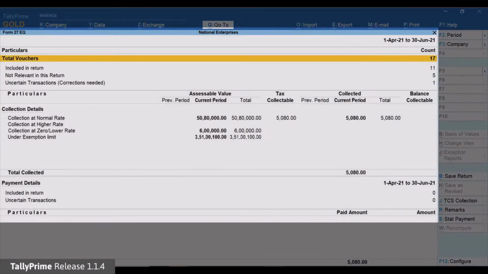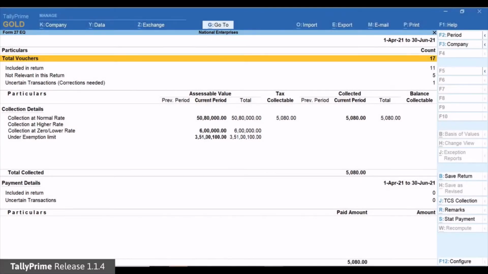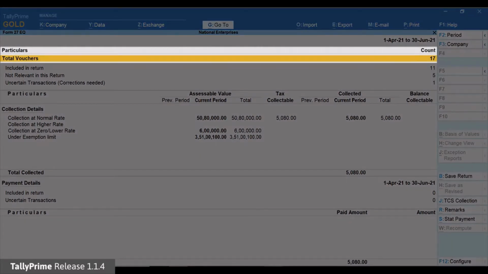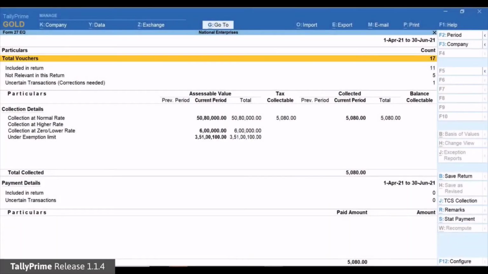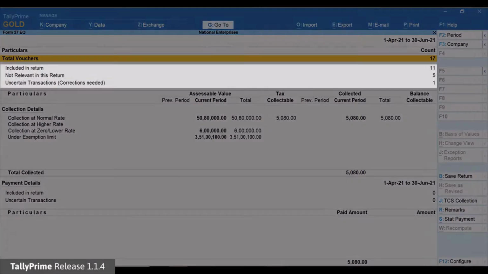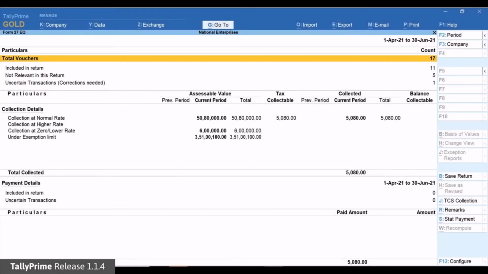This report serves multiple purposes. To begin with, you get the complete details of the number of transactions recorded in the period for which the report is opened. You will also know how many of those transactions are included in return, not relevant in this return, and uncertain transactions.